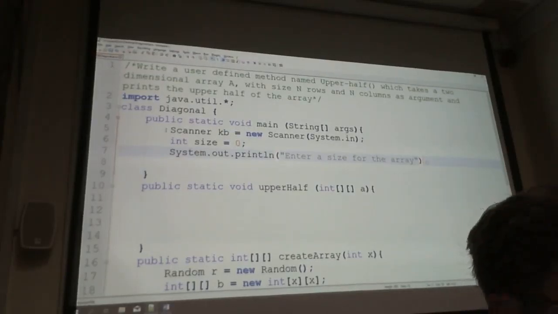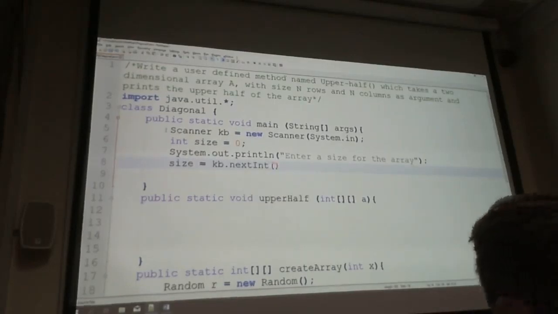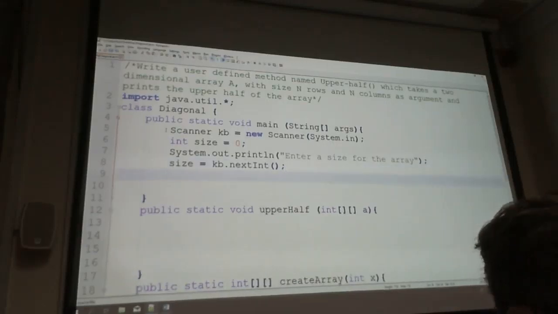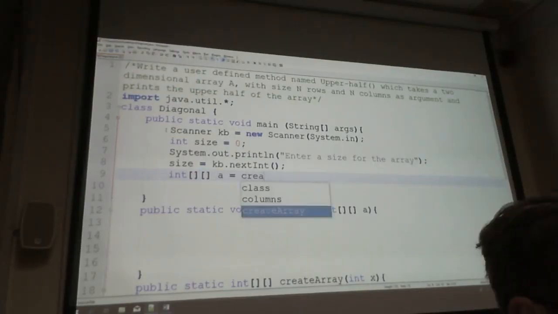Okay, so we're going to ask the user to enter a size in. We're going to say size is going to be equal to kb.nextInt. Take in that value there, and then I'm going to say int square bracket a is equal to create array